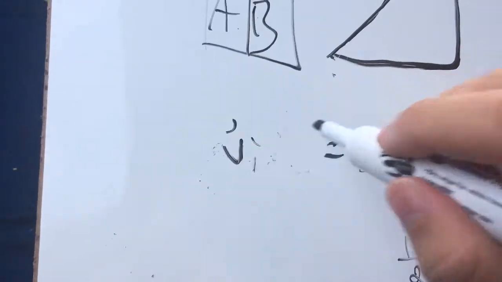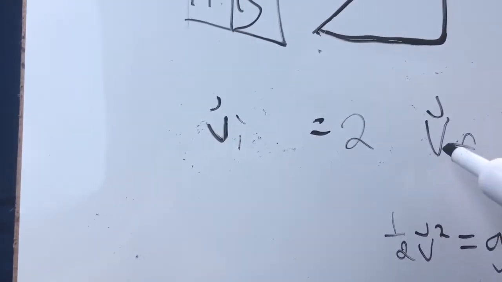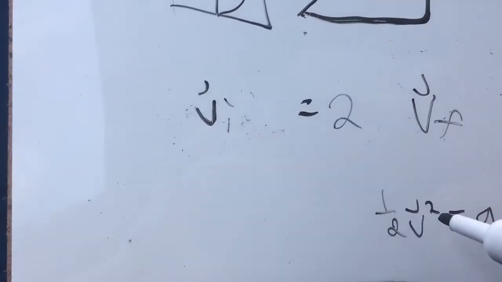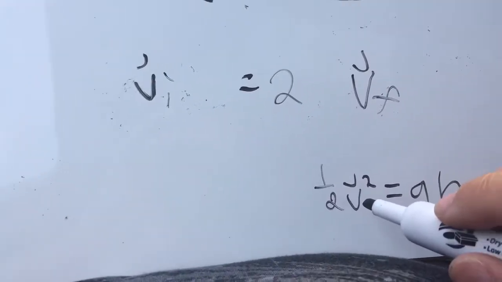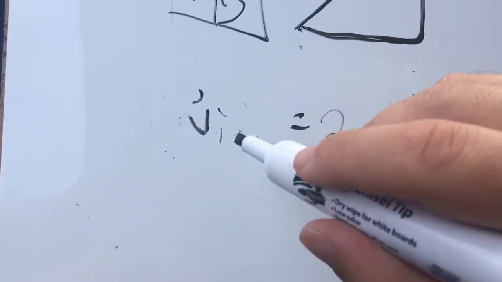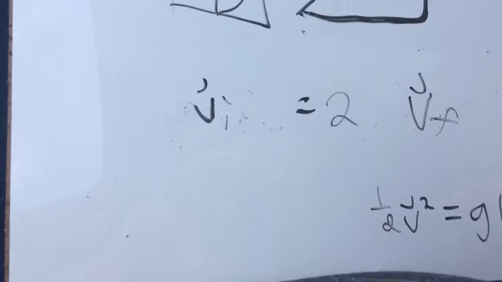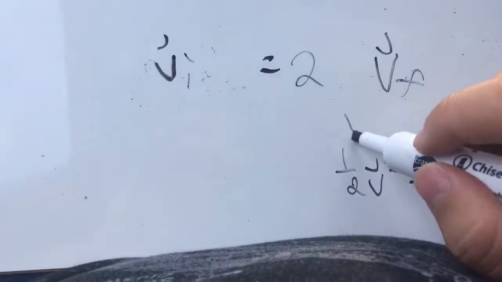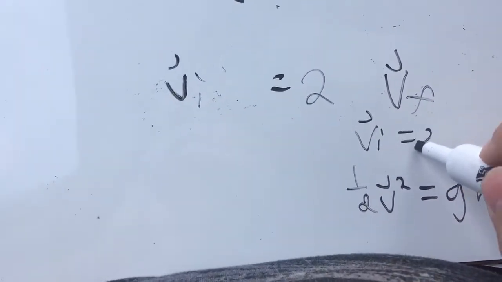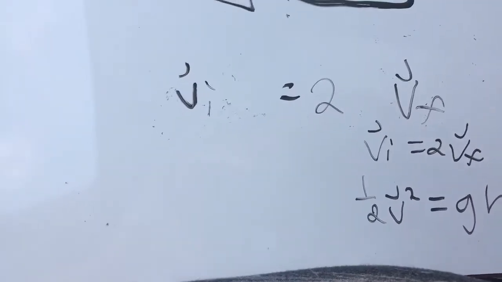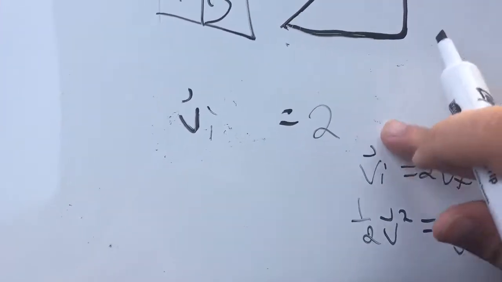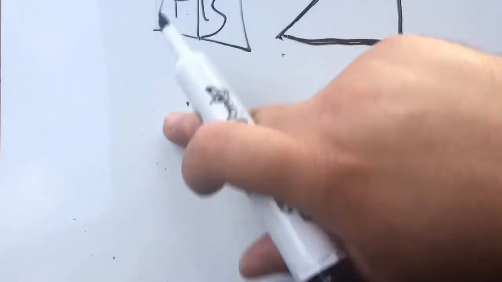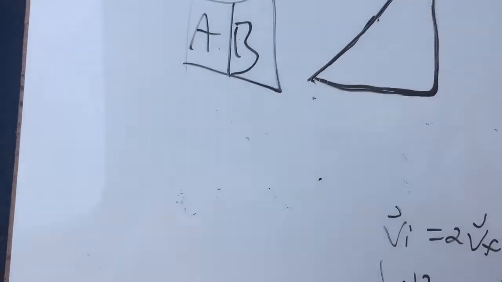So this is initial and this is final. This is the final velocity we tried to solve for just a little while ago, which is right here. So we need to know this initial velocity. So let me save this equation. It's VI is equal to 2VF. And to solve for that velocity,